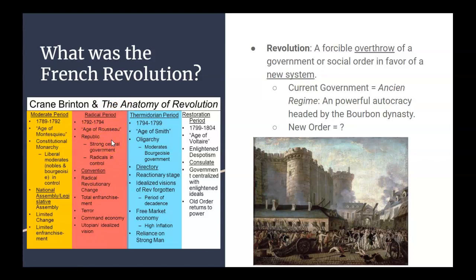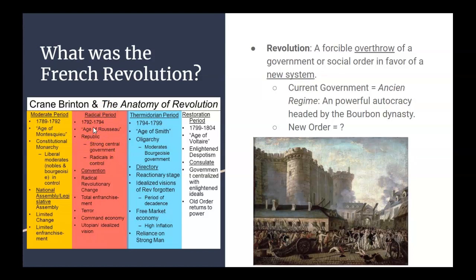But in the radical period, people are like, let's not just change the government and kings and queens. Let's actually change everything. Religion, that's dumb. Get rid of it. Pounds, that's a stupid measurement. What about kilograms? Miles, dumb. Change it to kilometers. The months, January and February, that's stupid. What about thermidor and fructidor? They start changing crazy things. Walking on the left side of the street, stupid. Let's walk on the right side of the street. So radical periods tend to have weird ideas that aren't even related to the original idea. You'll get to learn more about this later.